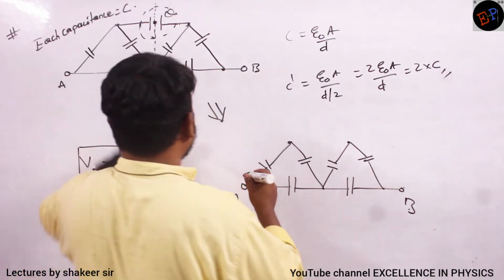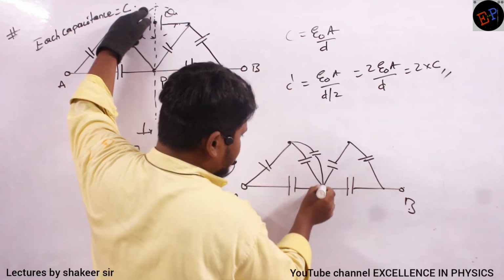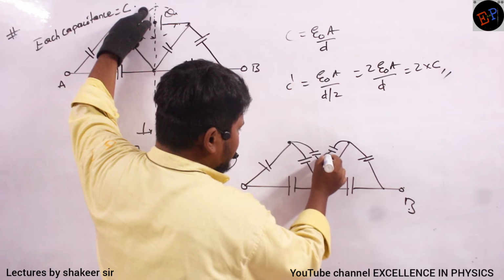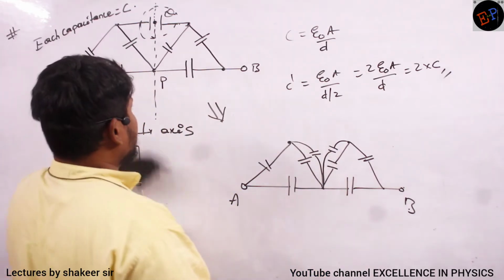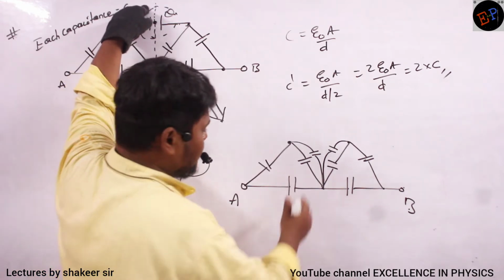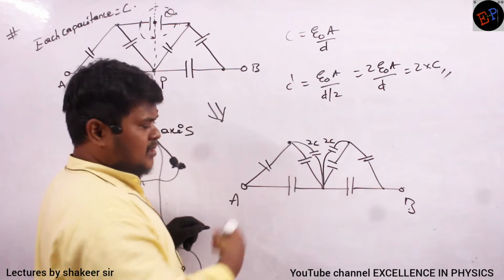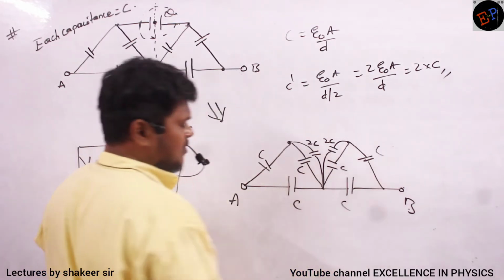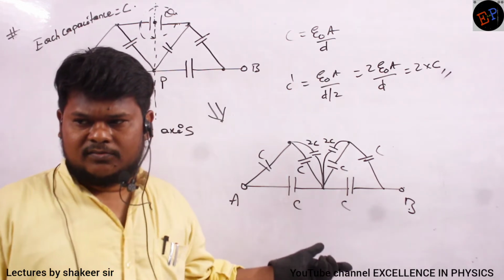So therefore what I can do is, split this capacitor into two parts. This is one part, join here. And from here you take one more capacitor and again join at the same point. Are you able to understand? Now the capacitance of this one was C, no? But this one will become 2C. This one will become 2C. The remaining capacitors are C, C, C, C and C only. Okay? Now everything has converted into series and parallel connections, no?